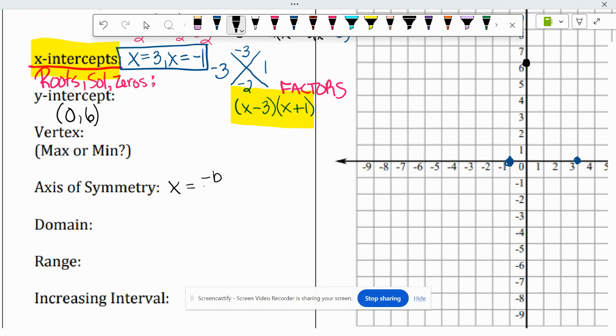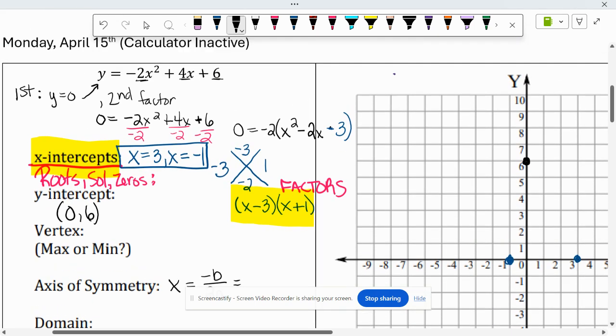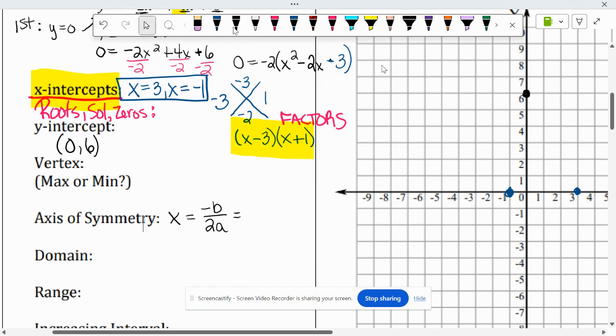The opposite of B divided by what? 2A. Good job. So let's look at B right now. B is a 4. Do you see that? This is the B term right here. So B is 4, so the opposite of that is negative 4 divided by 2 times